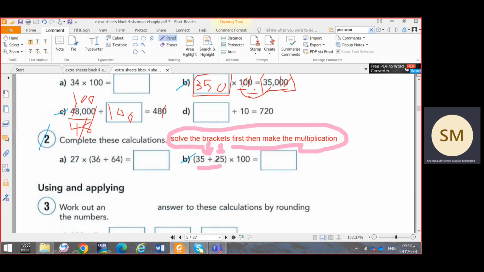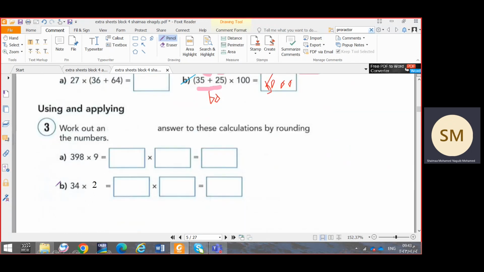So I have here 35 plus 25, it will give me 60. I will multiply by 100. We know that multiply loves adding zeros, so we have 1, 2, 3 zeros, so I will add 1, 2, 3 zeros. Then I will say to myself 6 multiplied by 1, it will be 6,000. Okay,